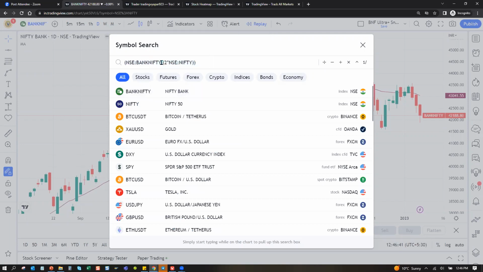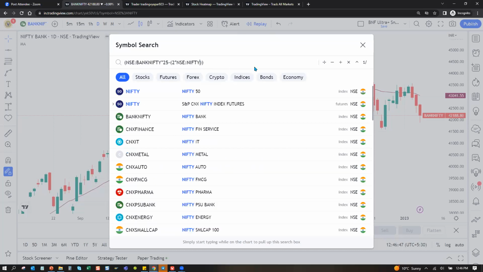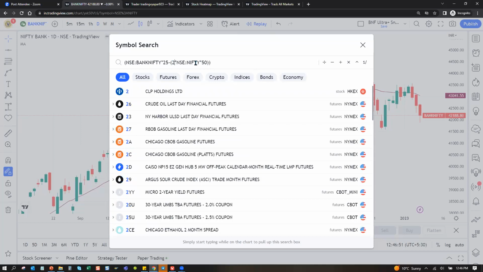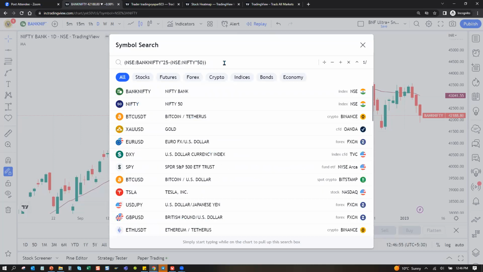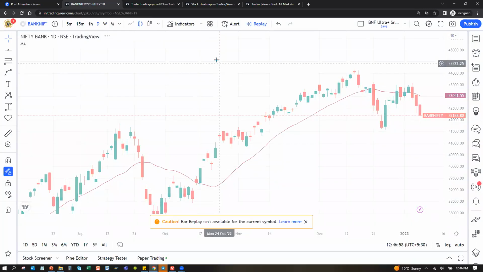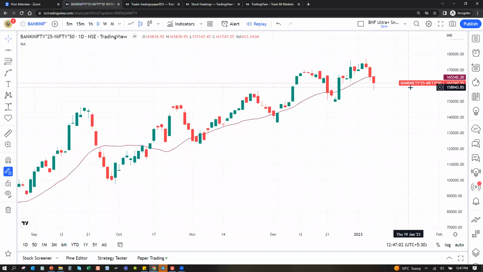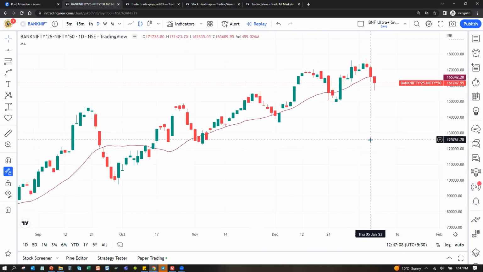Okay. But yeah, if you want to multiply this into let's say 25, वैसे तो आपको कॉन्ट्रैक्ट वैल्यू जैसे आप कह रहे हैं ना, आपको उसके हिसाब से फॉर्मुलेशन करना है। तो मैं 2 निकाल देता हूँ, लेट्स से। और उसका जो वैल्यू आ रहा है उसको मैं ट्रैक करना चाहता हूँ for my pair trading. Yeah, I remember your idea, that one. Yeah, so ये देखिए बैंक निफ्टी into 25 minus निफ्टी into 50. Yeah, आप कह रहे थे ना वो हाई पे जाएगा, we can do that.